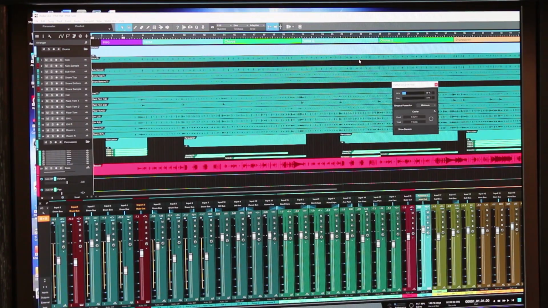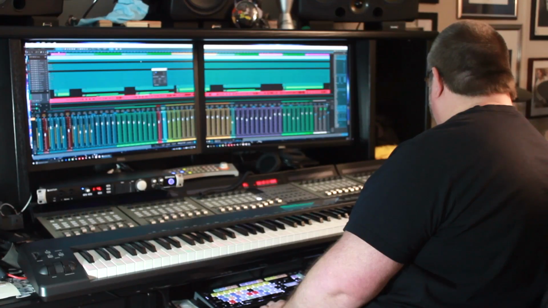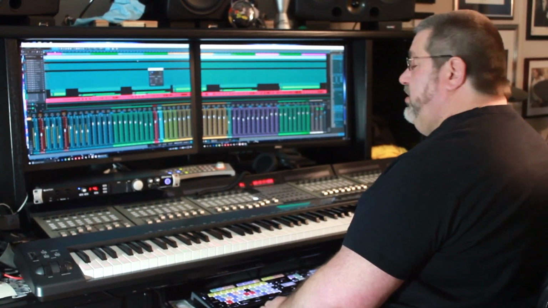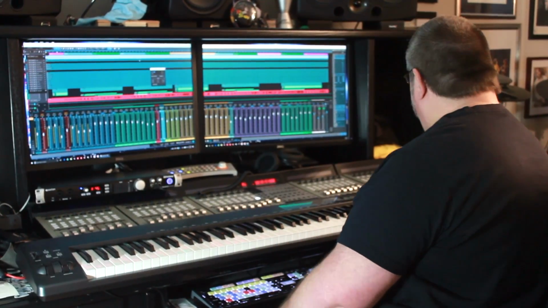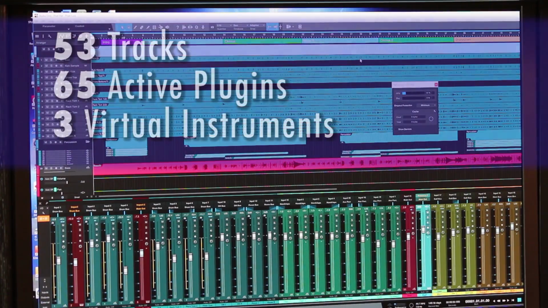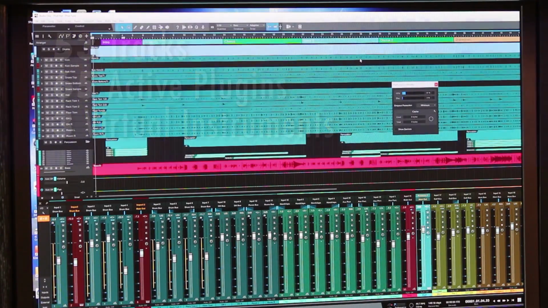The first track we're playing is actually a demo track on Studio One called Fat Funk, and that is basically the song we're working on. So what we want to do is try to break, or see the performance levels, I should say, of this computer. So this has 53 tracks, 65 active plugins, and 3 VIs, virtual instruments. Hit play. So we are running now,